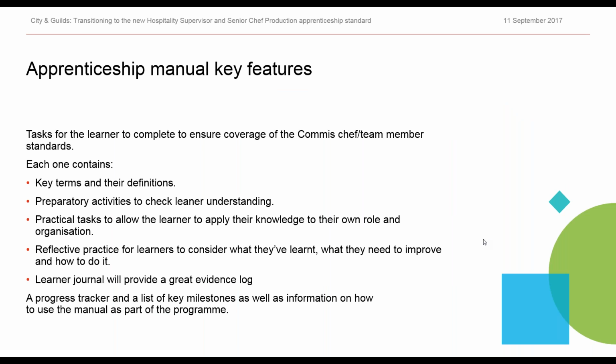So, learner manual key features. Feedback from the majority of employers is that they would prefer not to have a qualification running alongside the standards as we prepare learners for this endpoint assessment journey. There's going to be tasks within this journal which will provide a full coverage of the standards. And each one contains a list of key terms and definitions, the details on how each task relates to the standards, and the differentiation between pass and distinction where applicable,